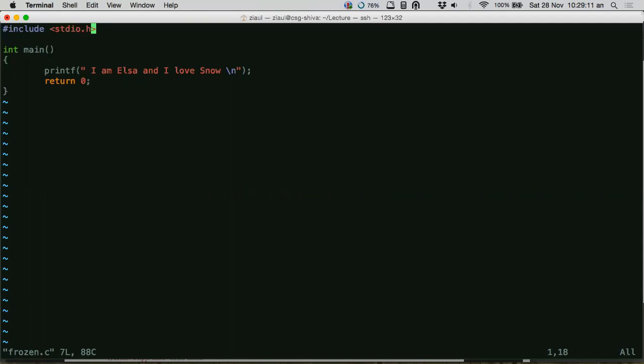Another analogy is, you could say these header files are like pre-built functions, and if you want to use any of the pre-built functions, you have to include that header in your file. So that's why this line says include stdio.h, because stdio.h contains the function printf, or the block of code called printf, which will do the printing for you. And stdio stands for standard input output. This particular header file, right?